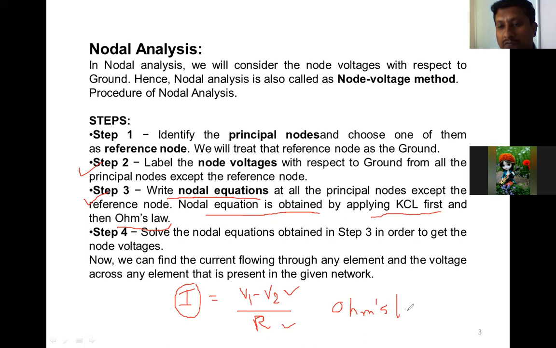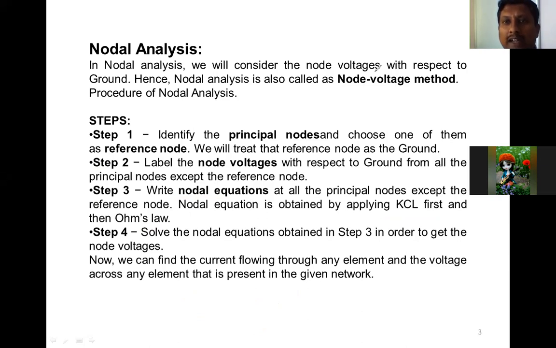So you have to use the KCL at each and every principal node, and you can get the equations. If the current value is not known, you mark it outgoing, and in the equation the current is replaced by the potential difference of voltage divided by resistors. So this is step number 3. Once you get all the equations, you can solve them using a calculator. If you are expert in the mathematical concept, you can solve by a calculation method on paper, and you get the answers of the unknowns in step number 4.